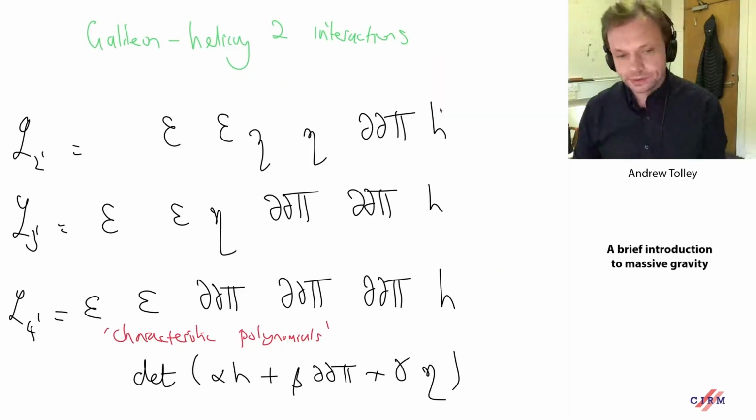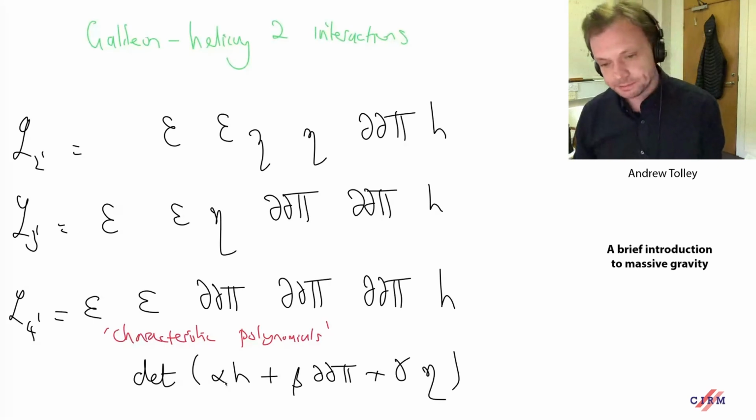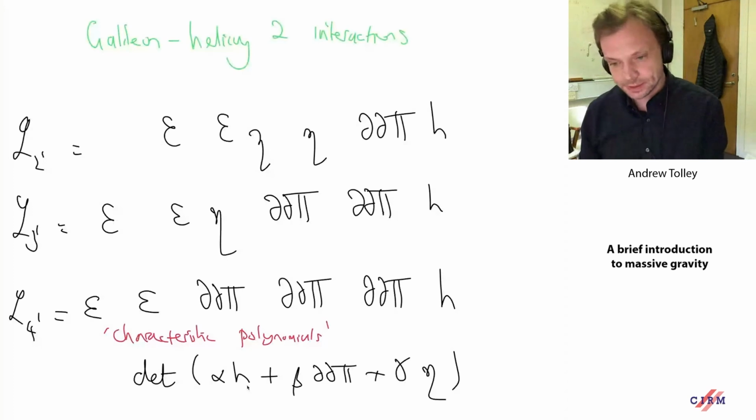This double epsilon structure is sometimes referred to as characteristic polynomials, because it's what you get. Obviously, double epsilon defines a determinant. The definition of a determinant has two epsilons, and so it's what you get by expanding a determinant. If I take the determinant of h plus dd pi plus eta and expand it to linear order in h,